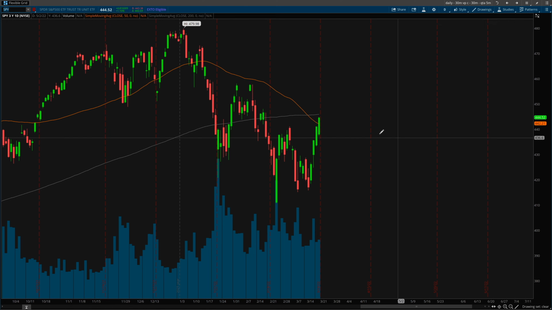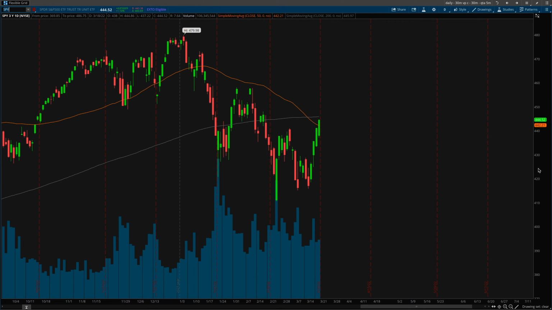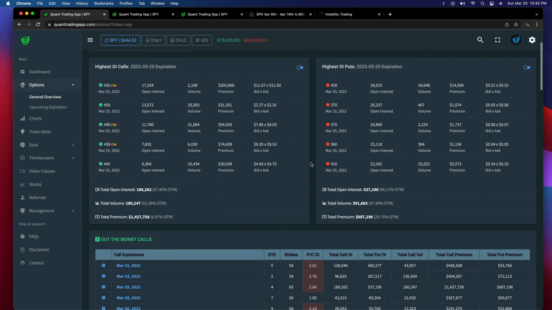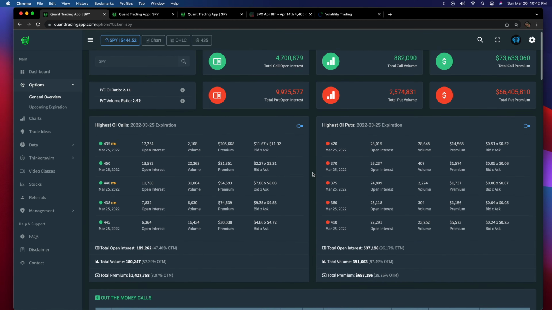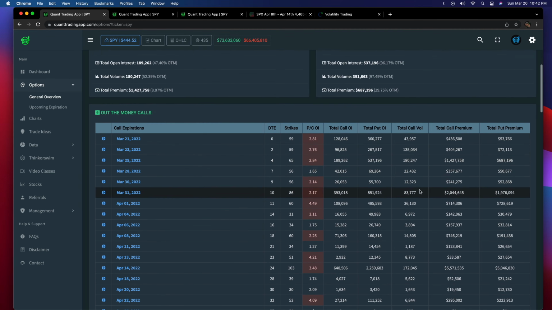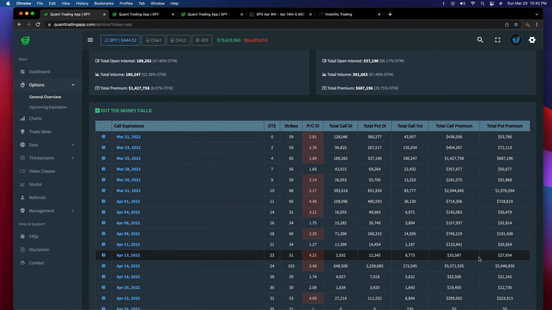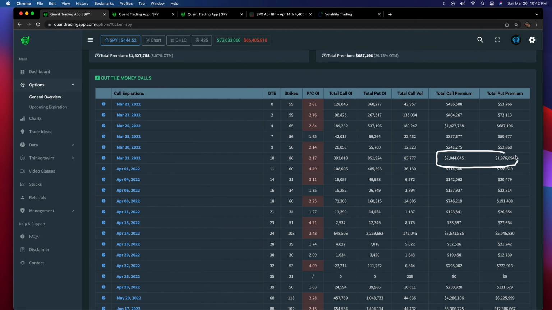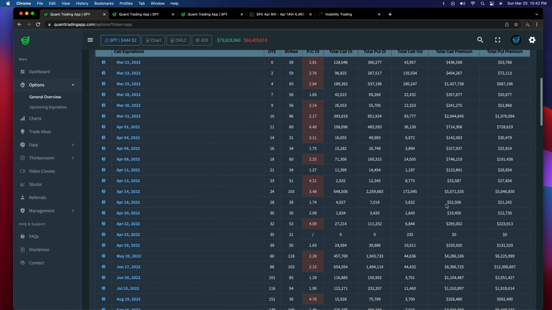You need to have your playbook, or you need to know what type of strategies to adjust based on what you're expecting. Now, the reason I'm not expecting as much volatility as it was before is because, again, the options market is essentially not expecting big moves right here. So we come right here, the premiums are in balance for the end of the quarter. The premiums are in balance for the April monthly OPEX. As we scroll down here, the next big